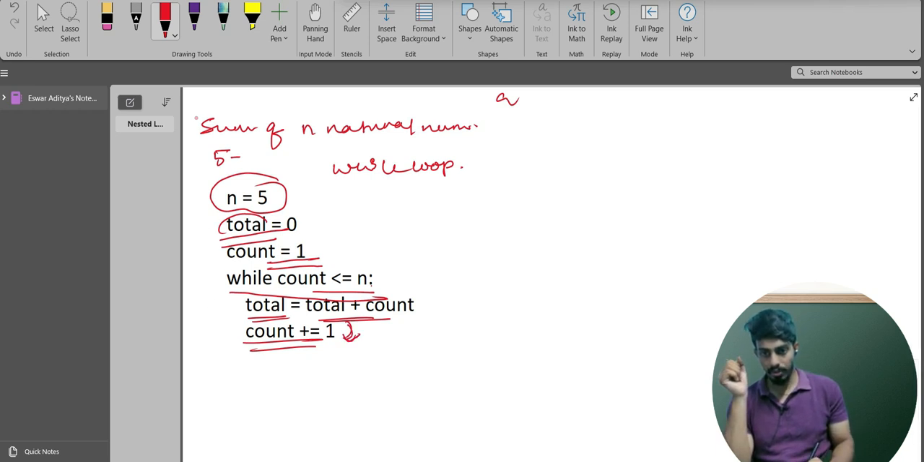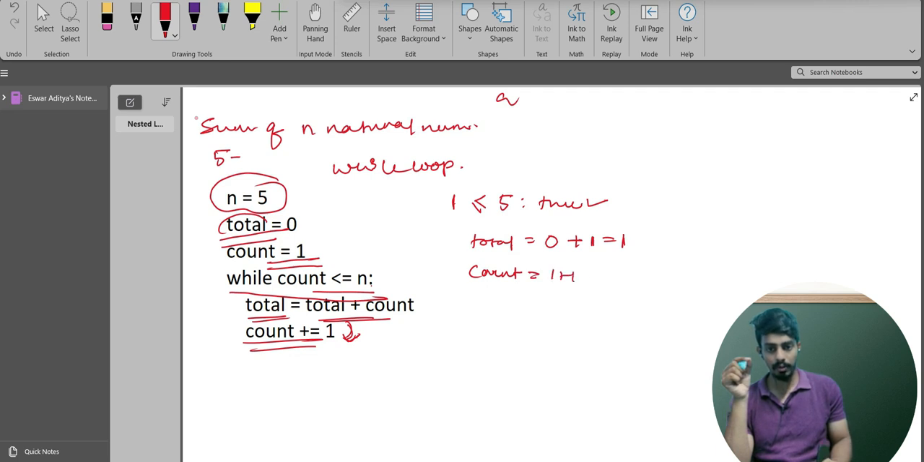So I started with count equals to 1, right? So while count is less than or equal to n, so 1 is less than or equal to 5, right? This condition is true, right? So what it does is, total initially we have 0, so 0 plus count is 1, so the total now is 1, right? And I'm trying to increment this count by 1. Count plus equals to 1, which means count initially is 1, and 1 plus 1 is 2 now. Clear? So now this count 2 will again go through this loop,